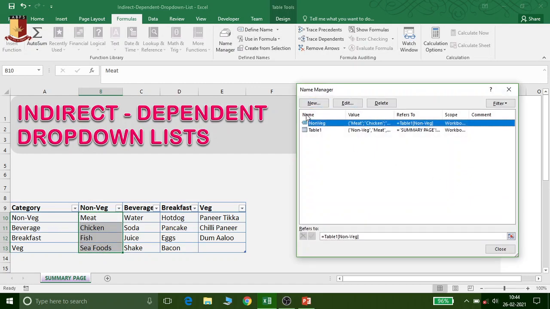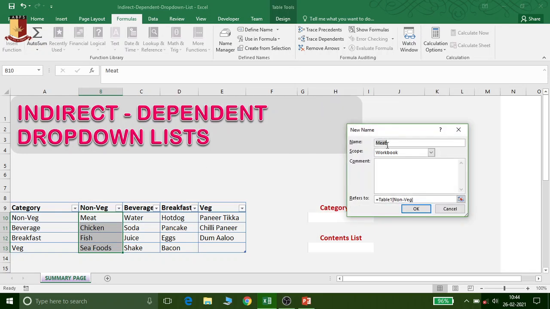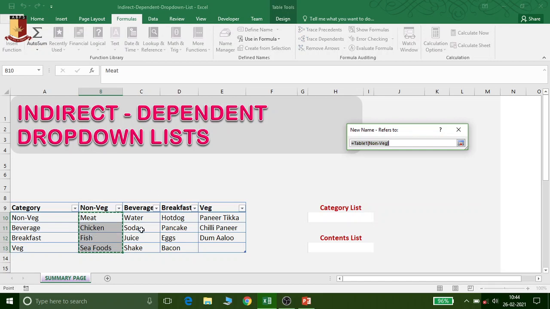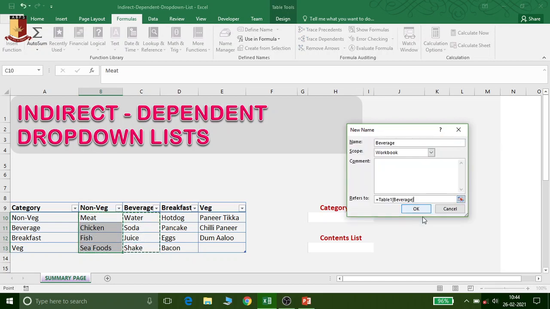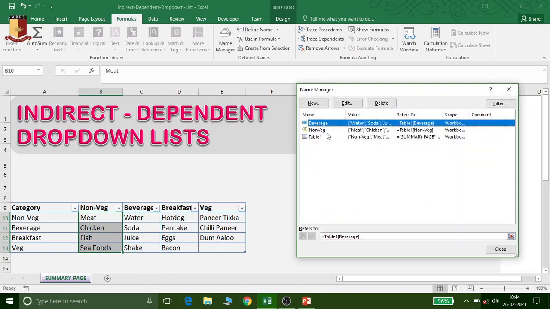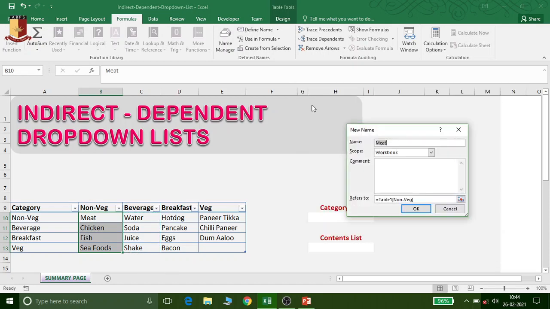Similarly, the next category is beverage. Click New, type beverage. I'm assigning this name range so we can easily identify that these are the items associated with a particular category. We know these are the beverage items, so I selected this one, click OK. So the second range is created. Now create another range, click New.